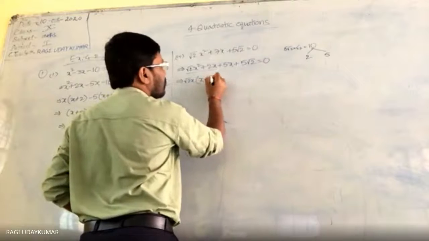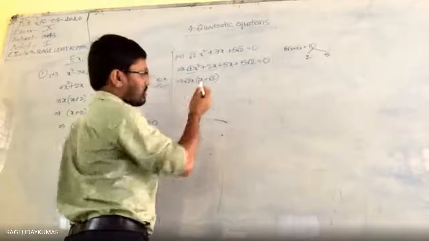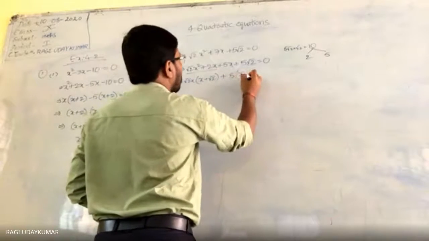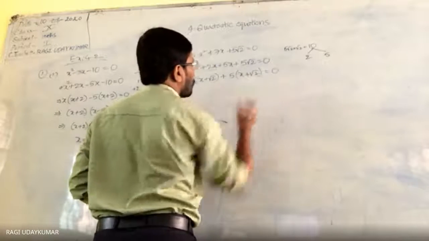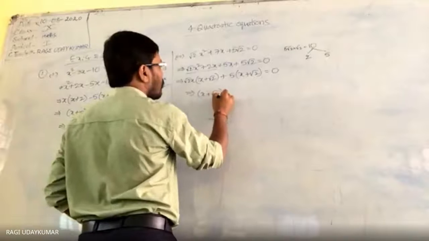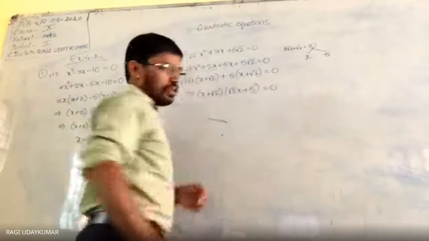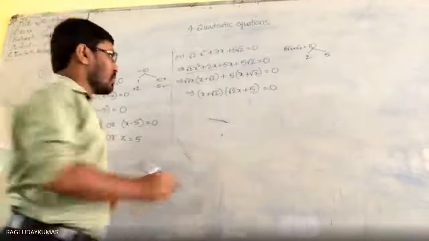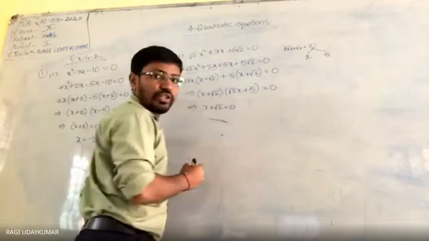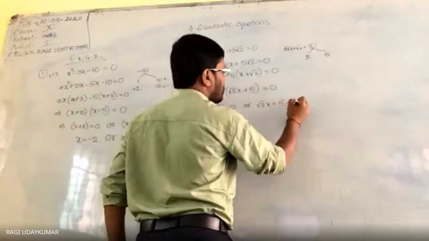Then x plus root 2, you are going to multiply root 2 into root 2x, which is 2x. Now from this 5 you take the common factor, x plus root 2 is equal to 0. So from this you will get (x plus root 2) into (root 2x plus 5) is equal to 0. Okay? Now this implies x plus root 2 is equal to 0 and root 2x plus 5 is equal to 0.